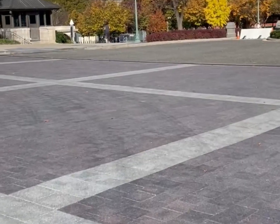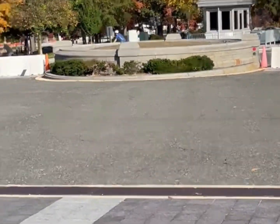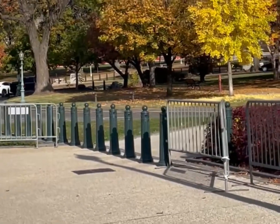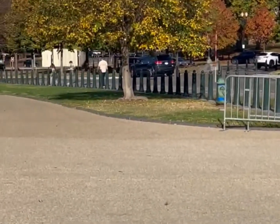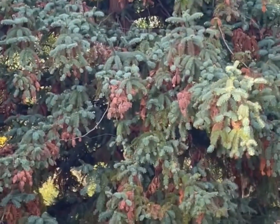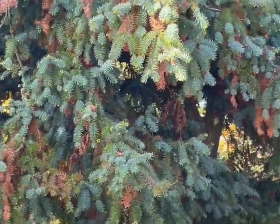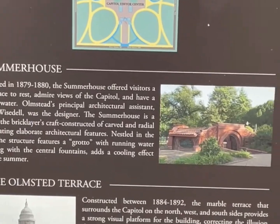Welcome to another beautiful day here in Washington, D.C. And today I will be taking you on my tour towards the National Mall. So for today, I will just be showcasing to you the Smithsonian Museum, the head office, and a little bit of the garden beside it. And in the coming videos, I will start showcasing to you the different museums in the